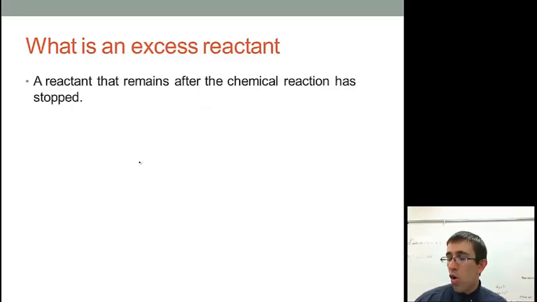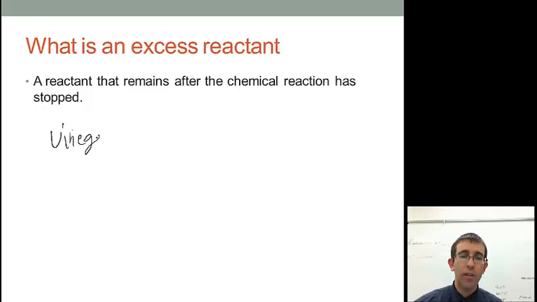So when we look at chemical reactions, we put real chemicals together, and those chemicals aren't perfectly put together in the amounts we need. You might have more of one reactant than the other. Based on the amount of reactant you have and the one that's limiting, it will determine how much product you can make. In just 1 second, you are going to see a reaction